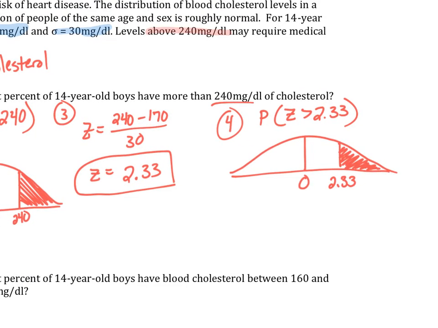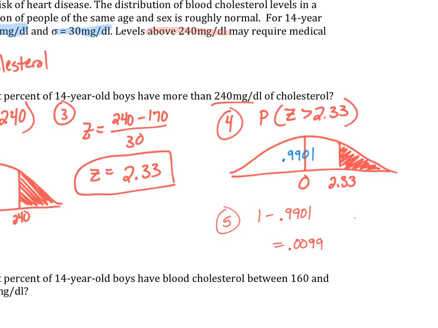So the area to the left is 0.9901. So in step 5, to find the shaded region, we have to do 1 minus 0.9901. 1 minus 0.9901 is 0.0099,